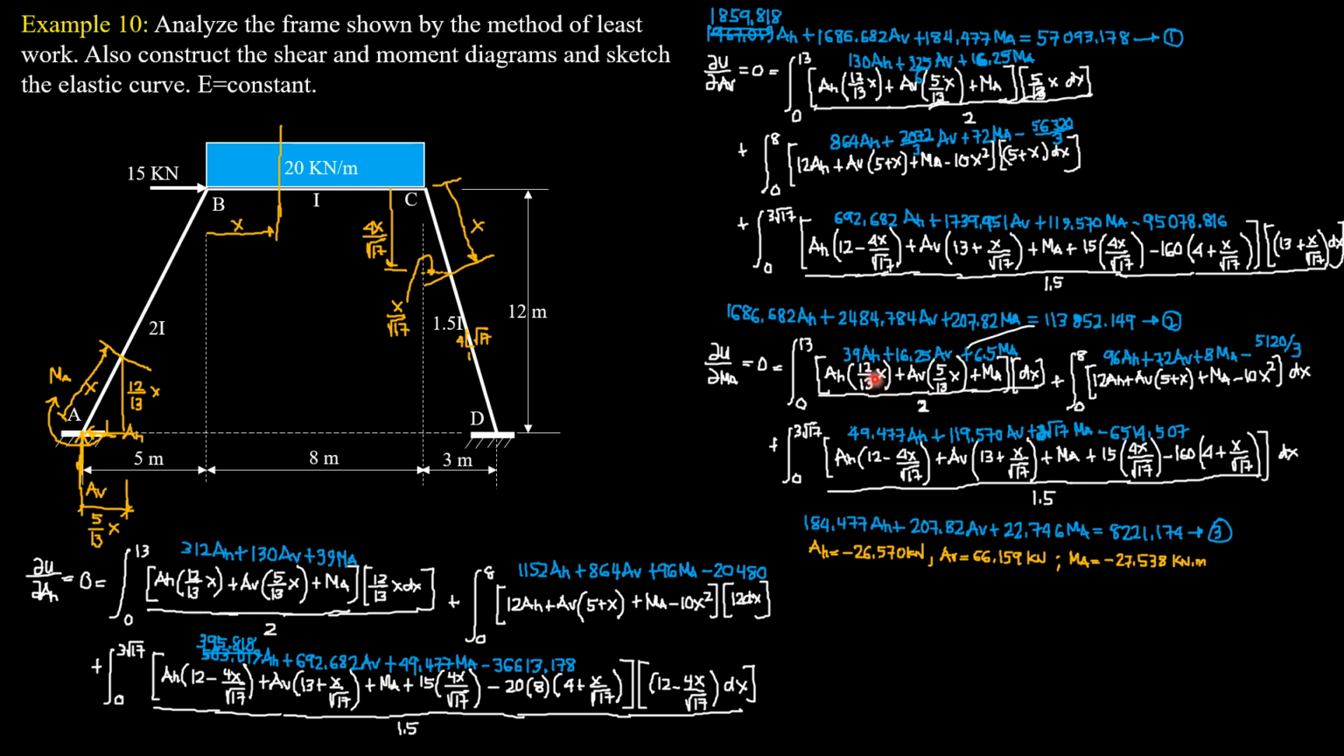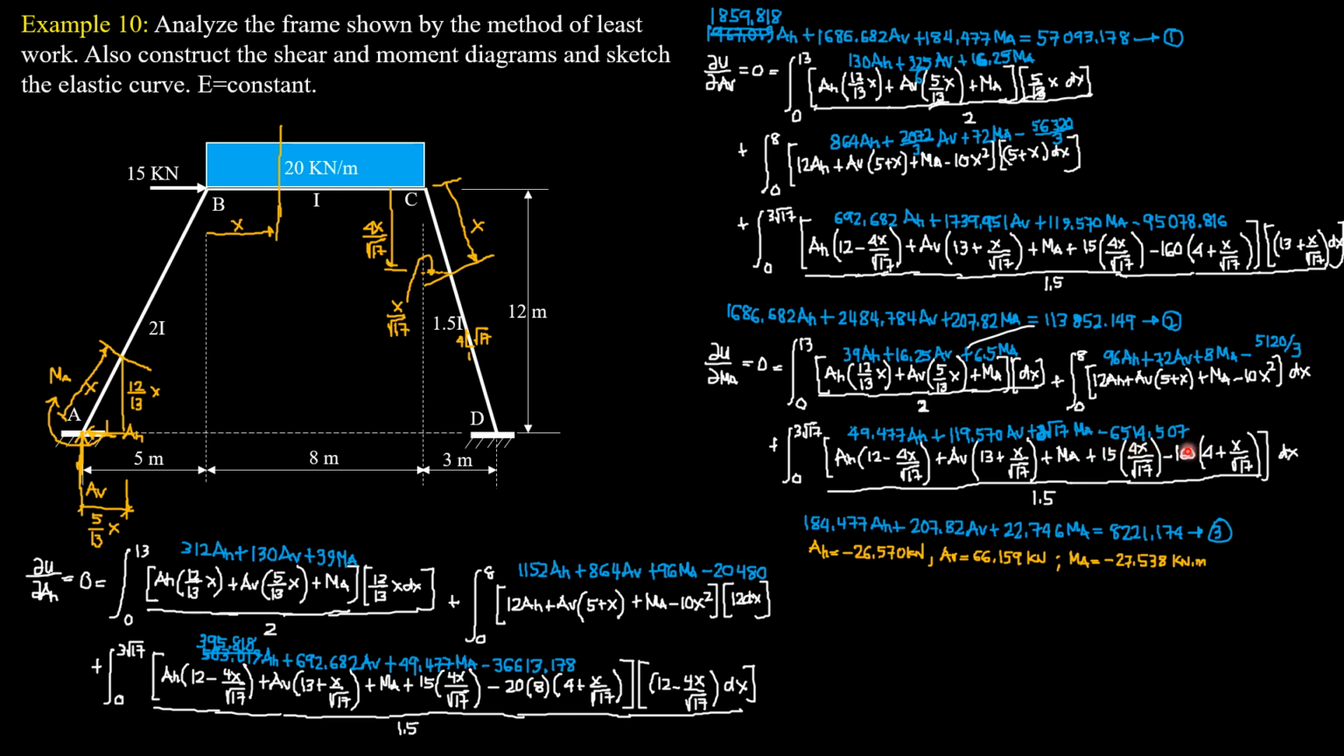So the value of the integral would be 39 EH plus 16.25 AV plus 6.5 MA plus 96 EH plus 72 AV plus 8 MA minus 5,020 over 3, then plus 49.477 EH plus 119.570 AV plus 2 square root of 17 MA minus